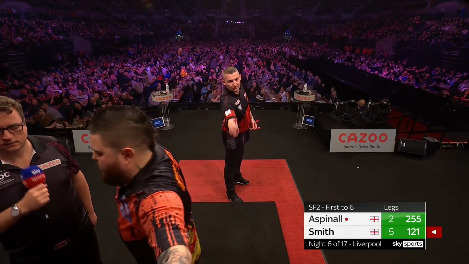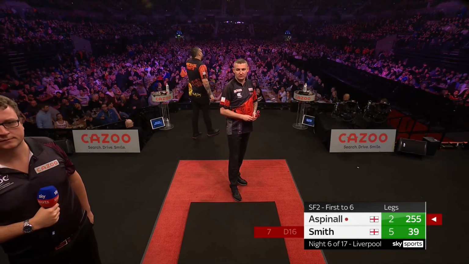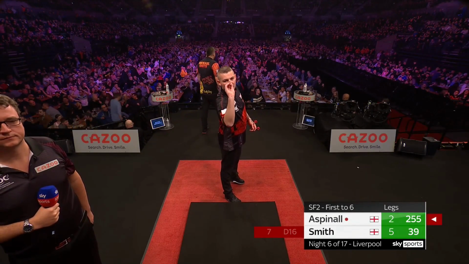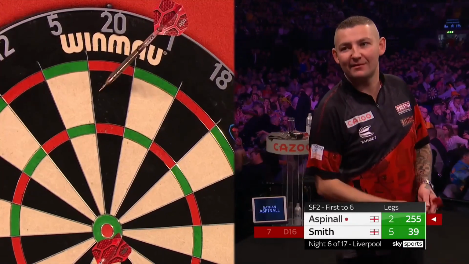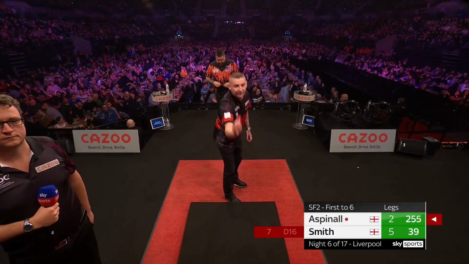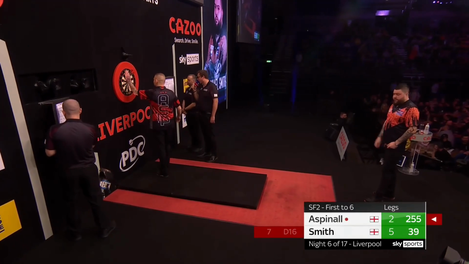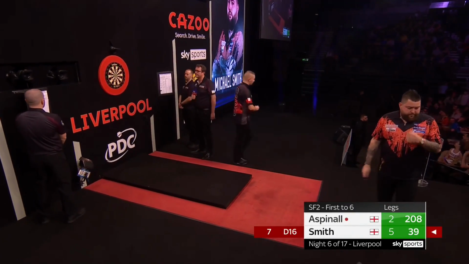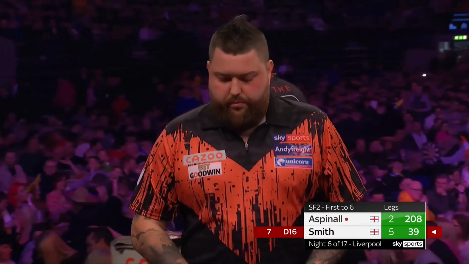82. Well, that's a miscount. Or just a missed throw. A rare miscalculation there from Michael Smith. 47. Michael, you require 39. Yeah, he's miscounted there. Well, now he can go back to double 16 here, or he can go to double 10, which has been one of his favourite